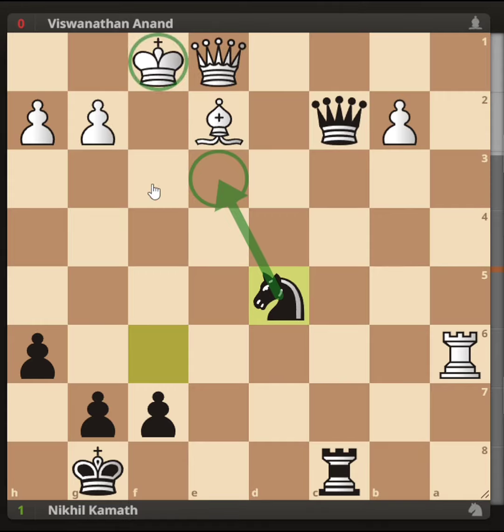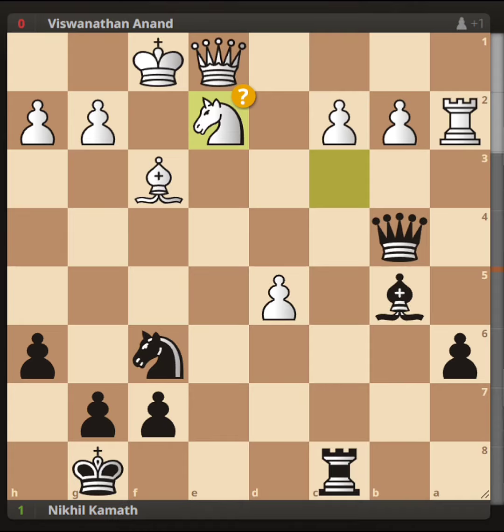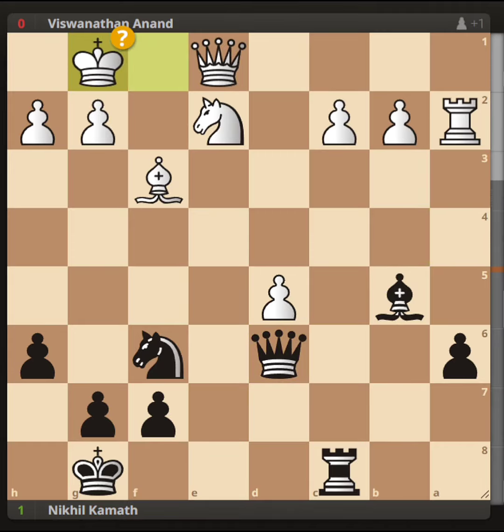Yeah, so clearly you can see that black is winning here, but in the actual game, after this move knight to e2, Nikhil didn't play this move because he thought that if I play all the engine moves, I might get caught. So he intentionally played an incorrect move, queen to d6, and now Vishy just slide his king, but